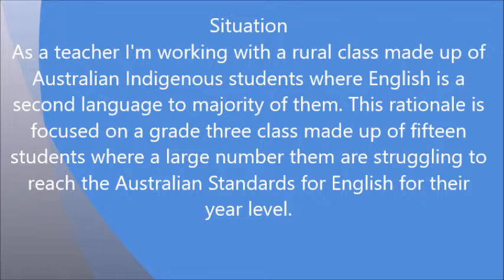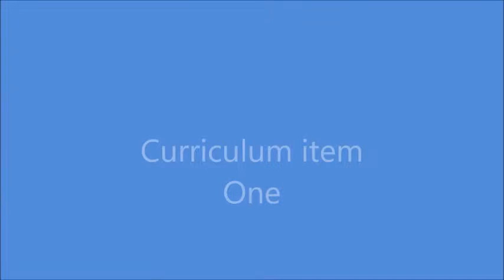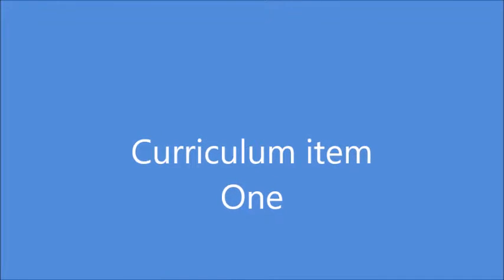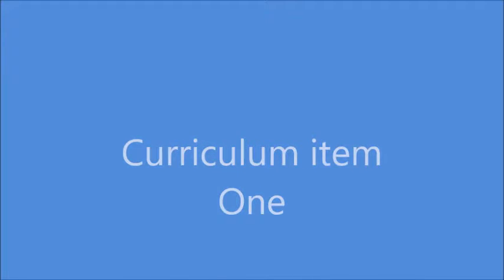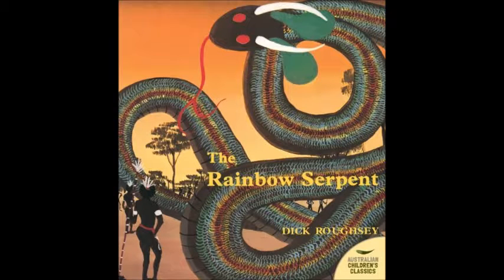A problem I've come across is their vocabulary as well. That is why this lesson is based on vocabulary. Curriculum item 1 is the book The Rainbow Serpent. I have chosen The Rainbow Serpent as it's a book that children can reflect on, as it's a part of their culture and history. What I'm wanting as a teacher is to engage the students more, just because they are